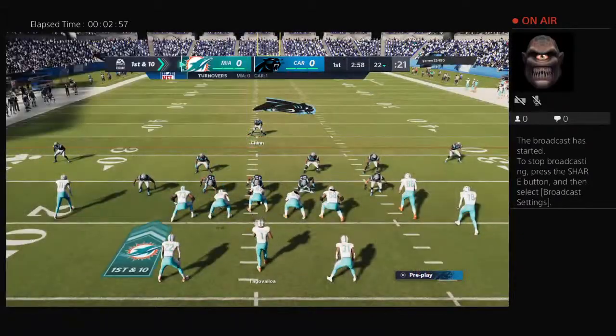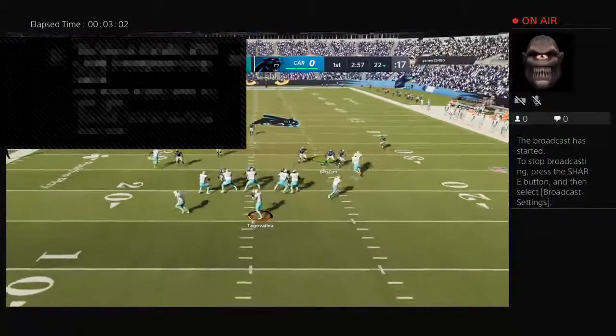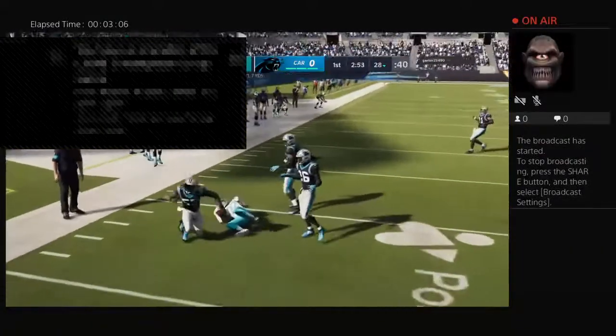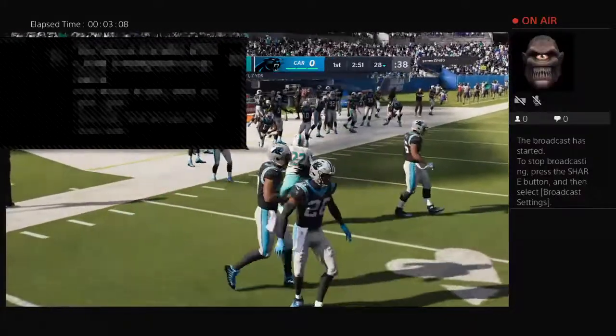And the Dolphins now with a first. After the turnover, it's Tua. They'll get this into the hands of Breida. It's a gain of 7, and that'll make this a...